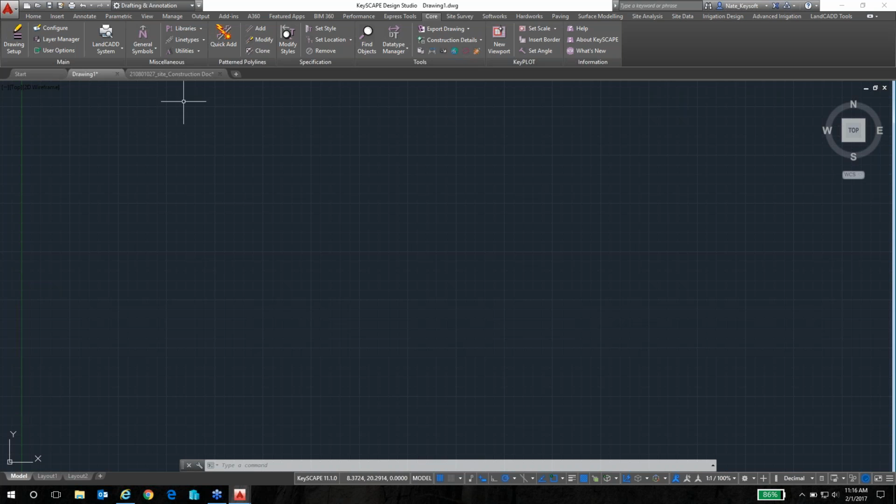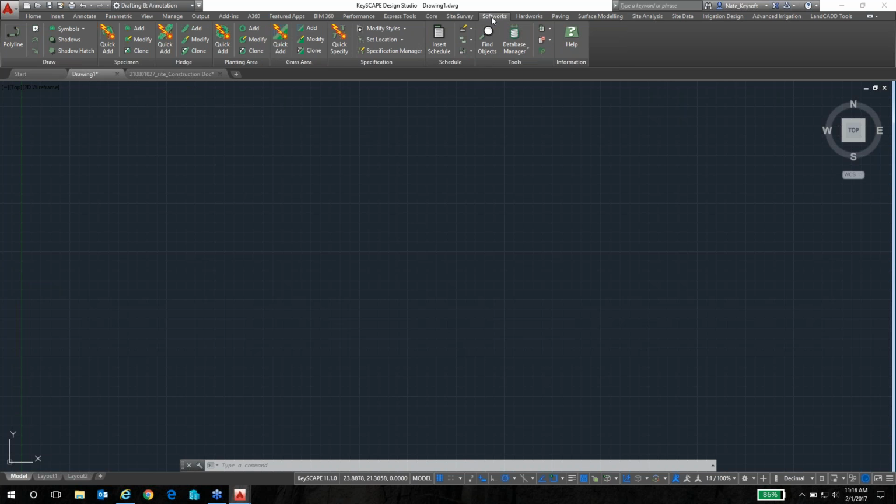So I think those are the main things I would want to set up as a new US customer. If we go into SOFTWORKS now, because I've set the default to feet, when I click on, let's say I want to add a new tree, I'm going to use the Specimen tool. That Specimen tool is for any plant material that's going to be shown as an individual symbol. So whether it's a tree, ornamental, a coniferous tree, a shrub, anything that's going to be counted by individual blocks,